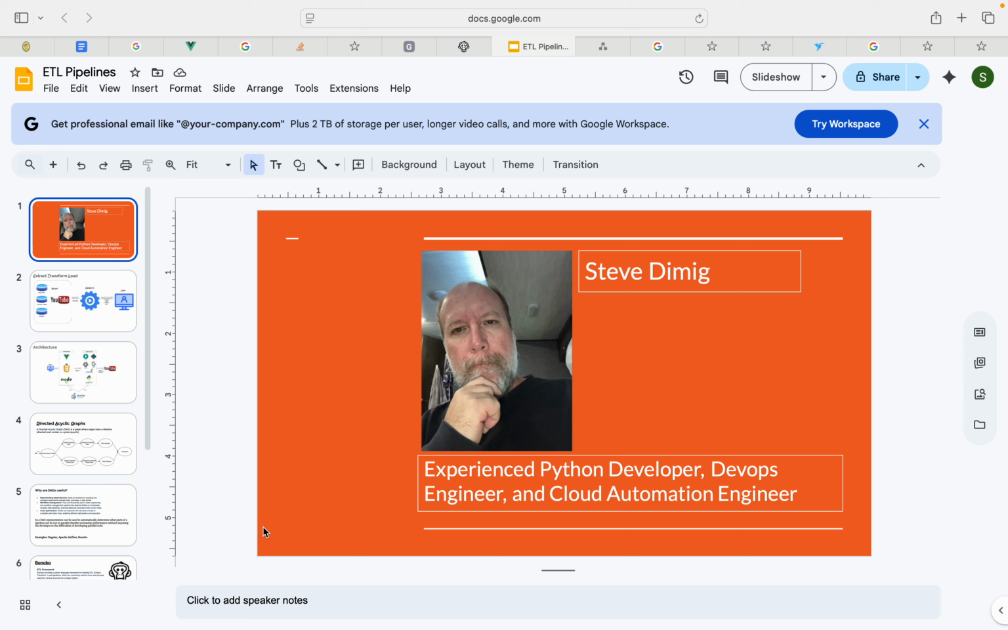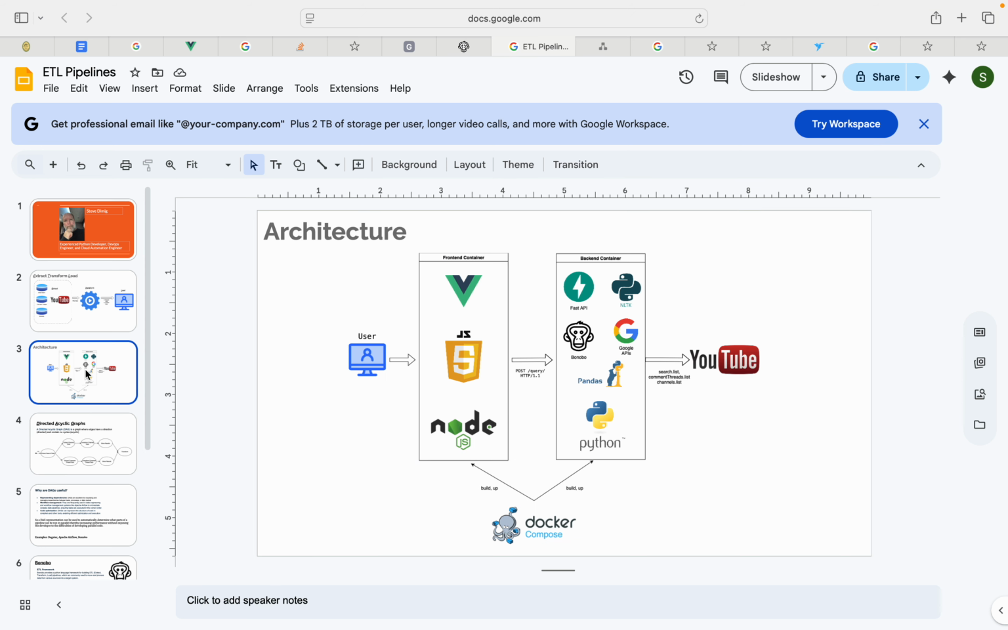Just back here to do a little demo of what we've been doing. As a reminder, we've been working on an architecture that looks like this. We've got a front end that uses Vue and JavaScript on Node. We've got a back end that uses Python FastAPI, with Bonobo for ETL processing. It uses Google APIs to scrape the Google public data API and uses pandas as the internal representation. It uses Docker Compose to put the two together, and we're going to go through all these steps to show you